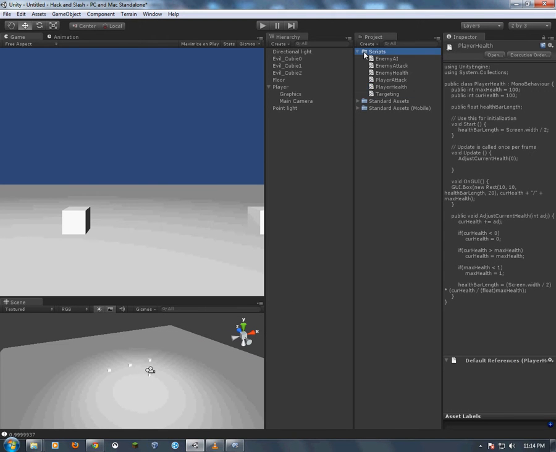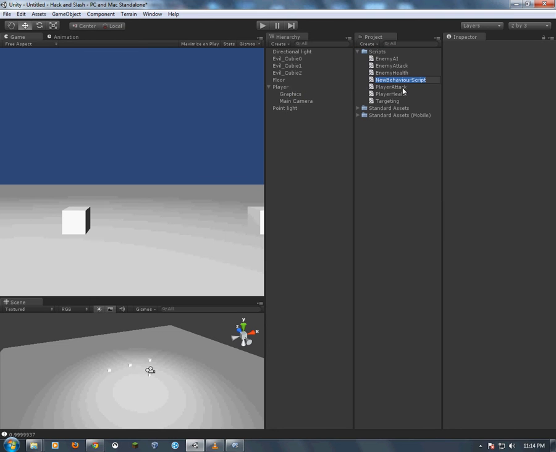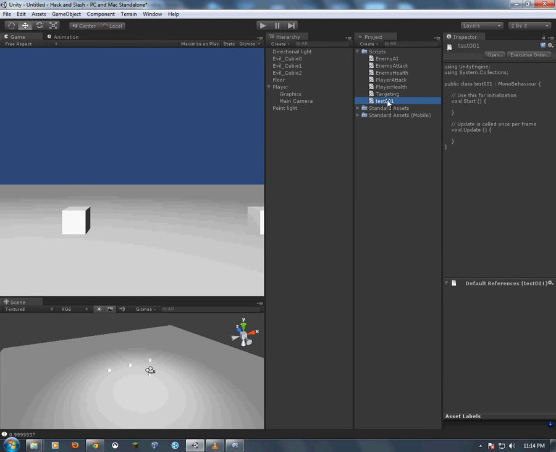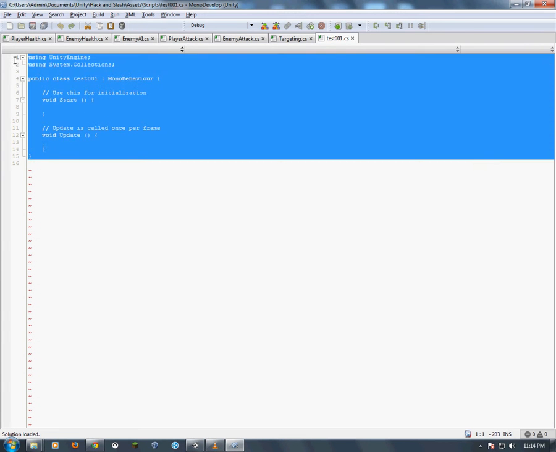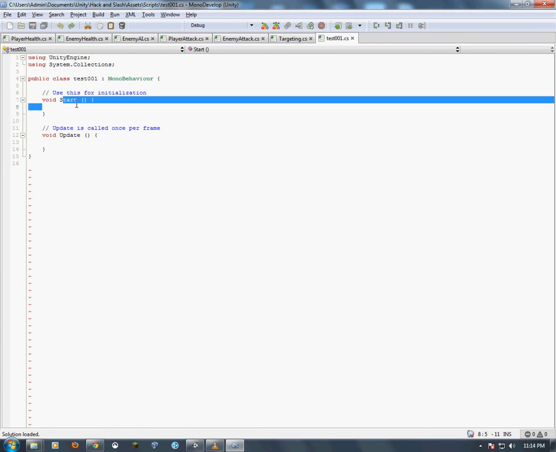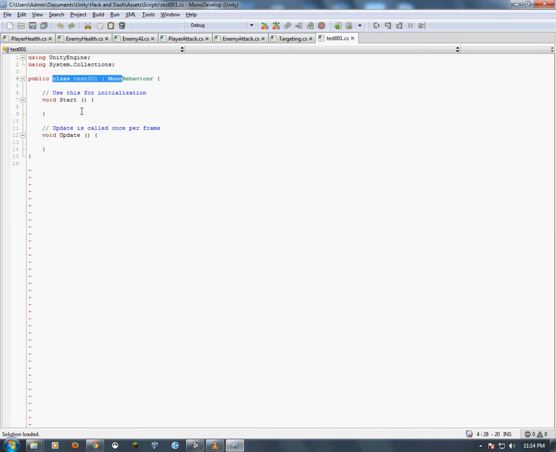There's some things it'll create for you, test 001. There you go. It creates this for you. Start is what happens when you first load the script, and update is every frame. It tells you: update is called once per frame, and start is used at the very start of the